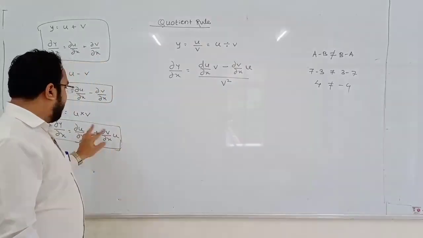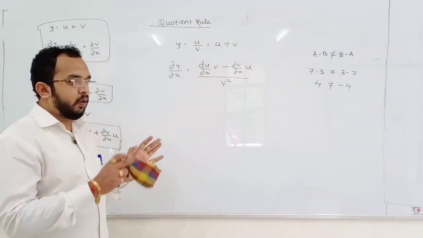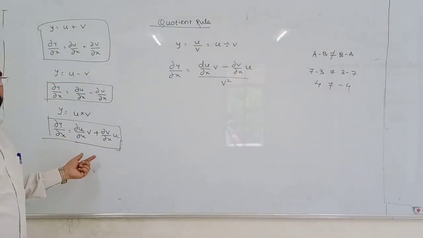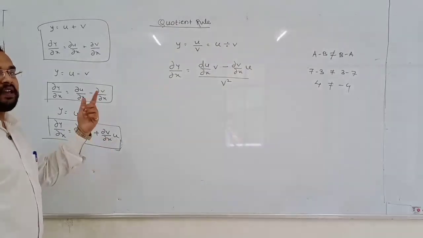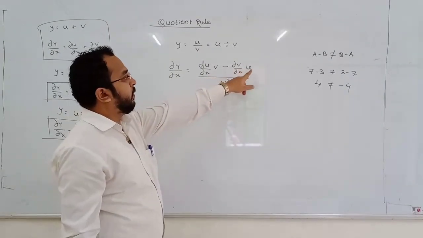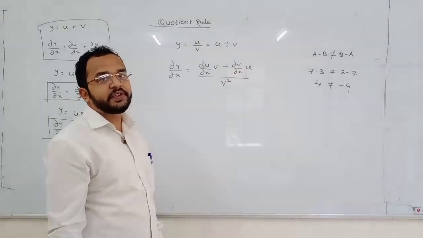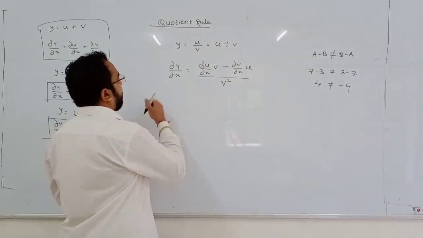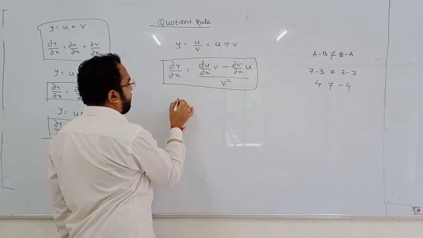Here you can interchange the terms, but here you can't interchange the terms. That's why I have taken the common scenario: first, initially differentiate the first term, then the second term as it is, plus or minus, plus for product, minus for division, differentiation of the second term into the first term as it is, upon the second term's square, or square of the second term. And this is the quotient rule. We'll see an example.